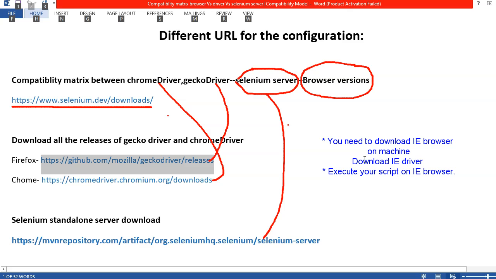Okay, I know guys, IE browser is very outdated and nobody uses it, but still I want you to complete this assignment because it will give you confidence and it will give you much exposure on how we can handle this multiple compatibility matrix. Okay, so just give a try and let's meet in our next session.